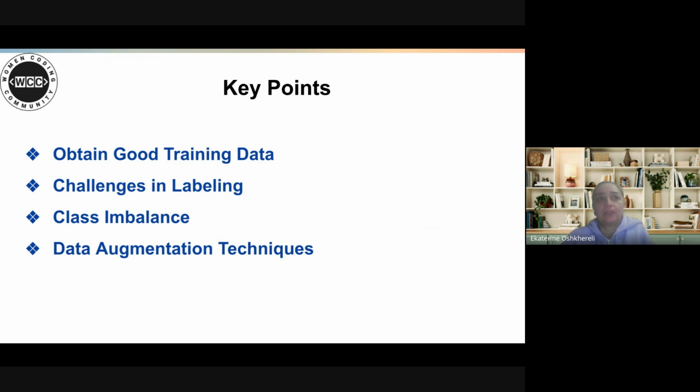There are biases that can be caused in the data by processes in collection, sampling, and labeling.